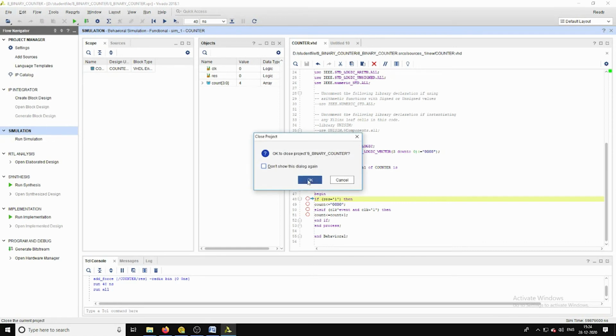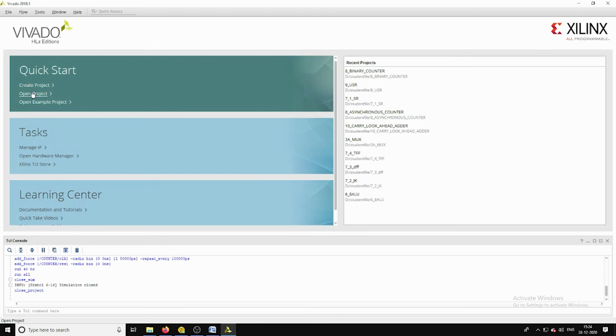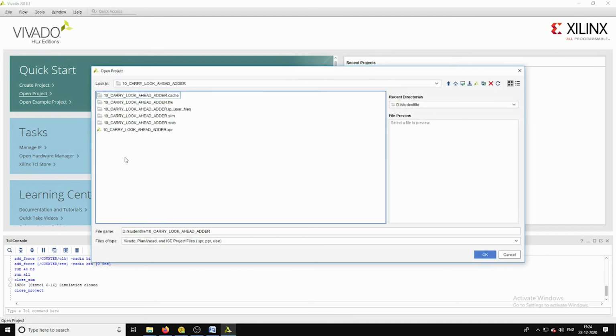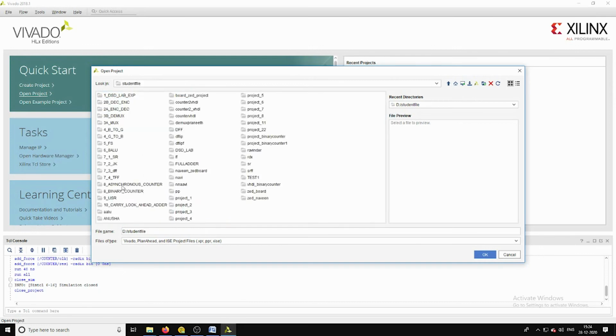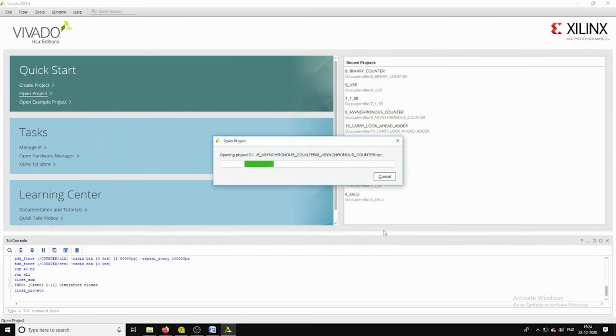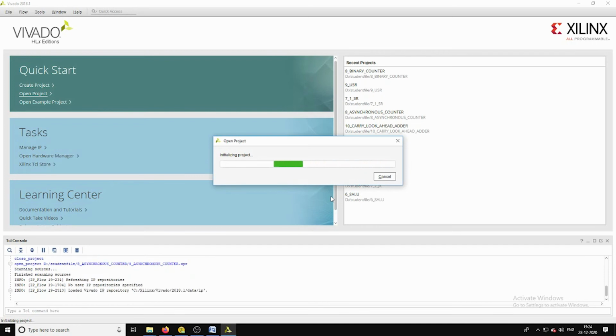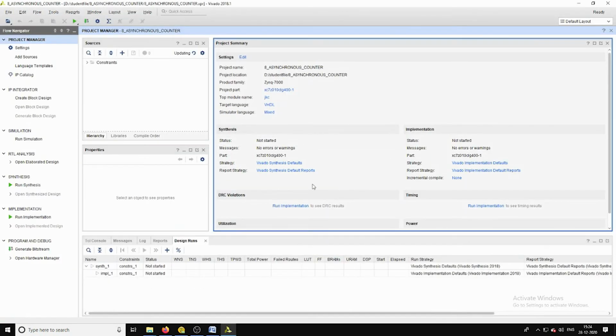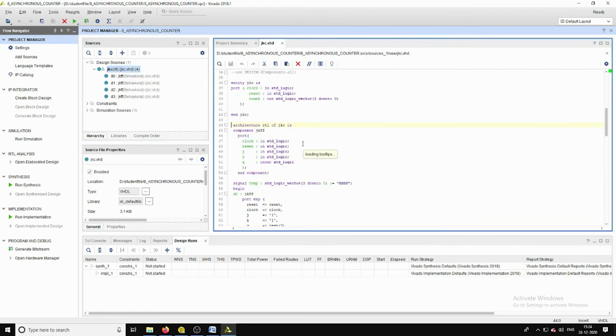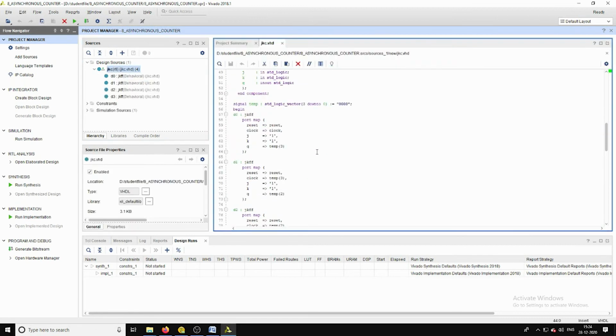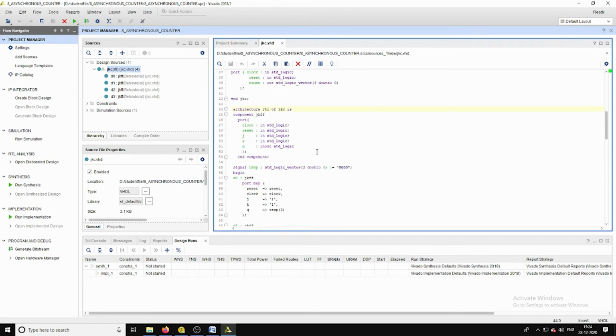Now let us design one asynchronous counter, and by using this you can perform the same counting operation in the decremental order. Here I am using one JK flip-flop to perform this operation.